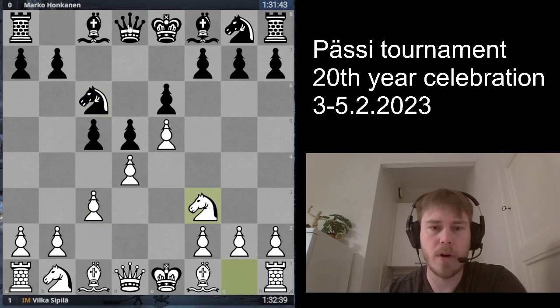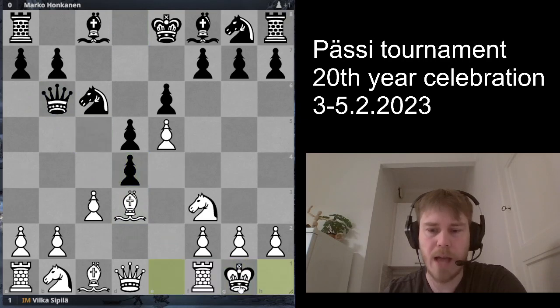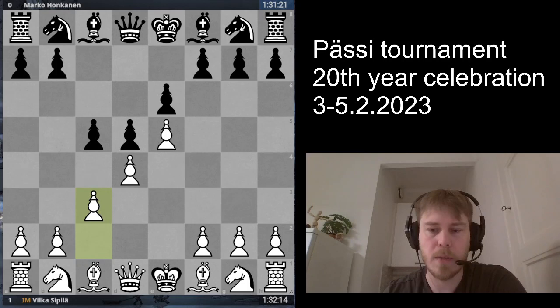And one modern idea nowadays is queen b6 here. And then I think you play bishop d3. And now you castle. So you sacrifice the pawn. And usually black doesn't take here. He makes a bunch of waiting moves. And white also makes some kind of waiting moves. I don't really know what's going on, but